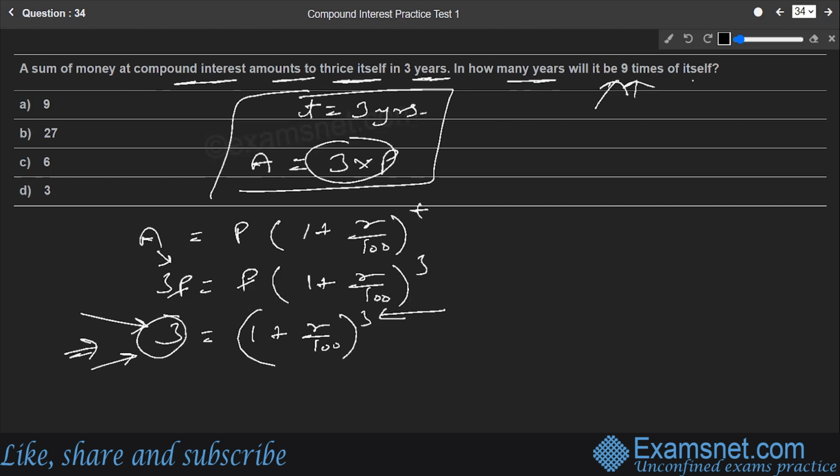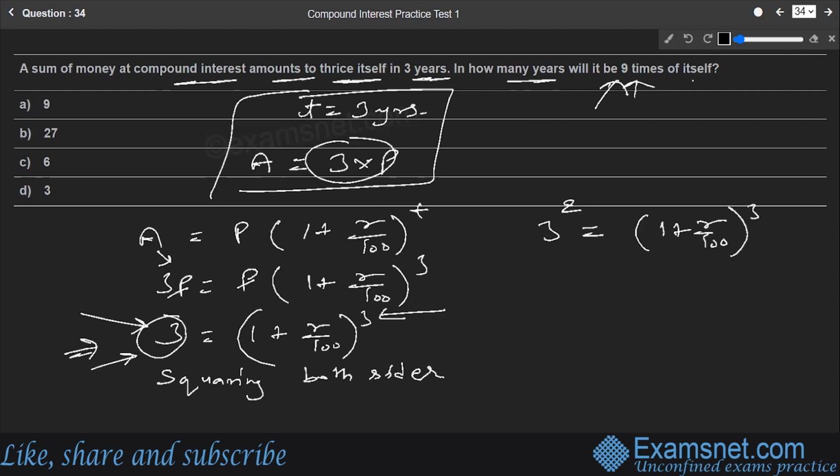For making the left hand side 9, we will have to do squaring on both sides, because only then can I make the number 3 on the left hand side into 9. And in doing so, I'll have to do the square on the other side also. So if we square both sides, what will it become? It will become 3 square, which is nothing but 9, and (1 plus r over 100)